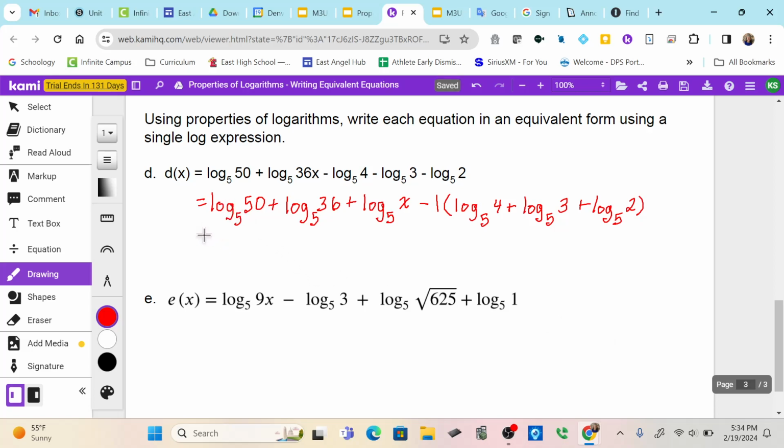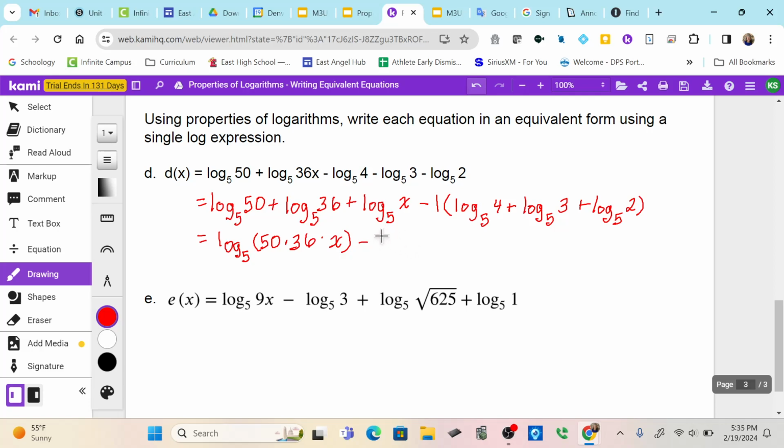So now we have some other ways we can simplify some things here. I guess I didn't really need to change this to a plus log base 5 of x. It's okay that I did. What I'm noticing is since all of these have a plus, I could just look at this as being log base 5 of 50 times 36 times x